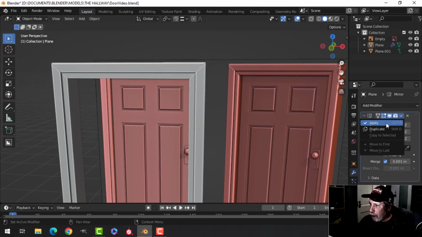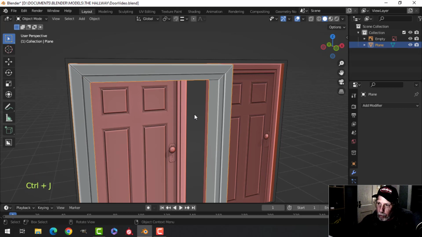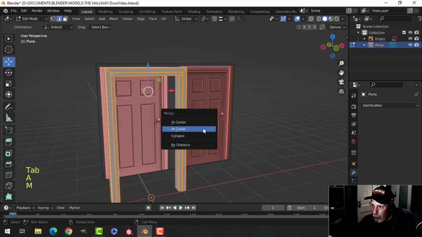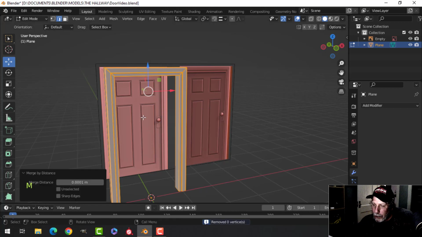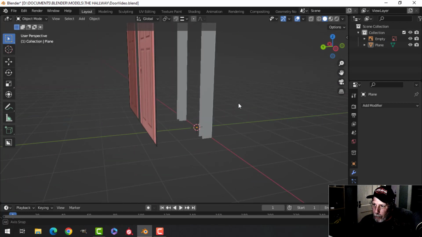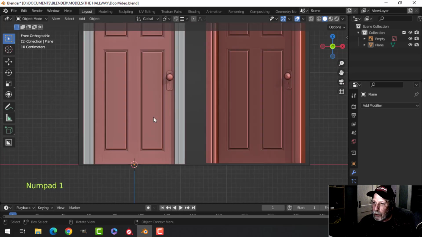All right, I'm going to apply the mirror, and I'm going to take both of those and Control J to join them. I think I'll come in here, select it all, M, merge by distance. I didn't get rid of anything, but Alt N, recalculate outside just to make sure. All right, so I've got the frame of my door so far, and it's time to do the actual door